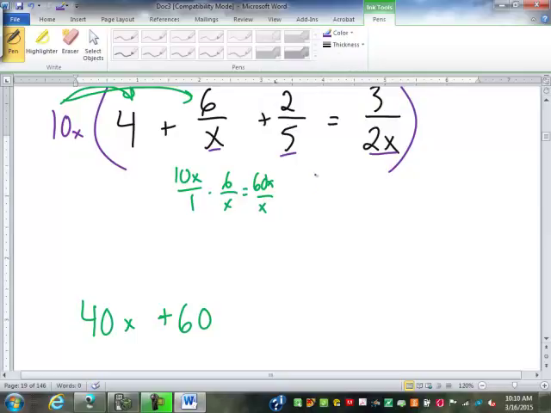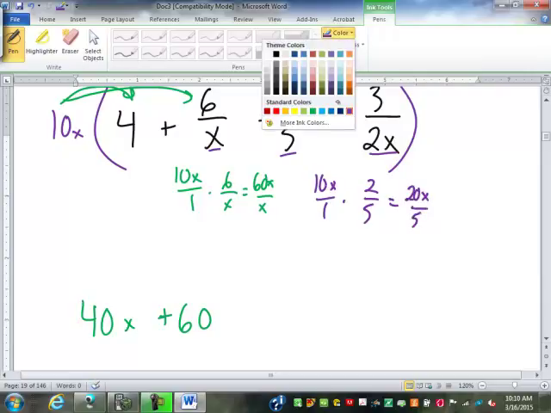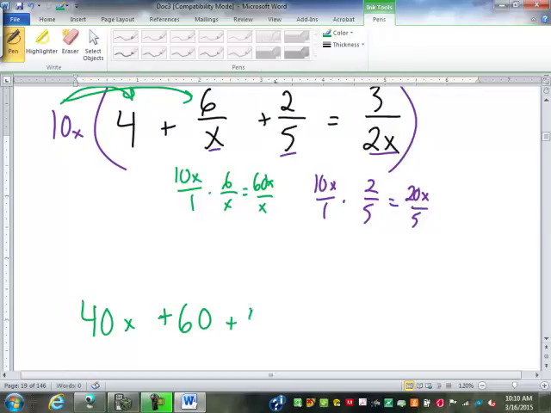You've got 10x over 1 times 2 over 5. Again, you could cross-cancel the 10 and 5 if you wanted to. I'm just going to multiply out. 10x times 2 is 20x over 5, otherwise known as 4x, equals